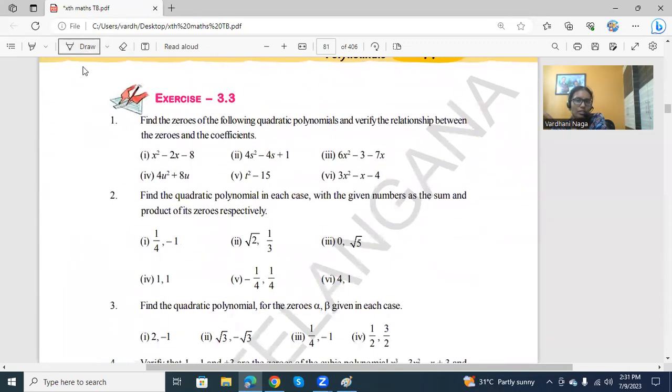Here it is. Find the zeros of the following quadratic polynomials. We need to find out the zeros first and verify the relationship between the zeros and coefficients. Then the sum of the zeros and product of the zeros relation we need to check. Remember, children, if you want to find out zeros of the polynomial, take the given polynomial and put it equal to